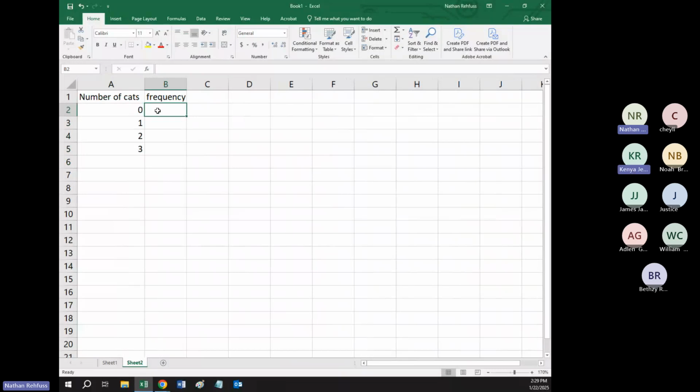And what are the frequencies? So 15 people have no cats, 5 people have 1 cat, 10 people have 2 cats, and let's say that 10 people have 3 cats. So here's my data set. I would like to take the mean. In other words, if we distributed the cats equally, how many cats would be in each home? And that'll be a decimal with 1 decimal point, because the data has no decimal points. Okay, so in this case,